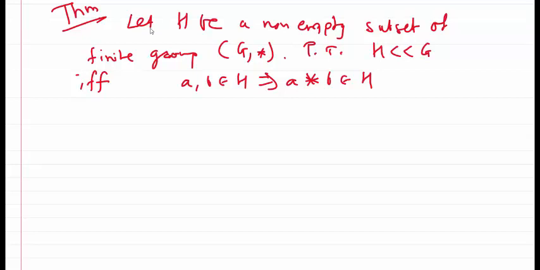because there is a small difference between the previous two theorems and this theorem. In the previous theorems, there is no restriction on G, whether it is finite or infinite. But if we restrict G to be finite, then the only condition for H to be a subgroup is the closure property. This is called closure. So let us prove it.